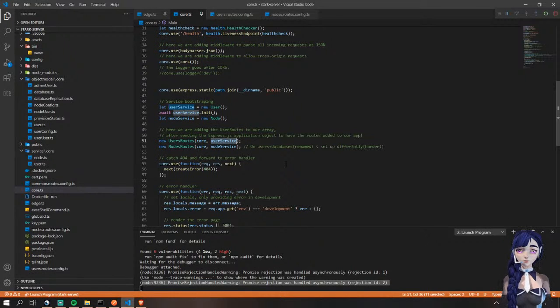So the edge service connects to the core service. No, it's not even a core node. It's just the edge service connects to the core service. It adds its user. It adds its node with a specific